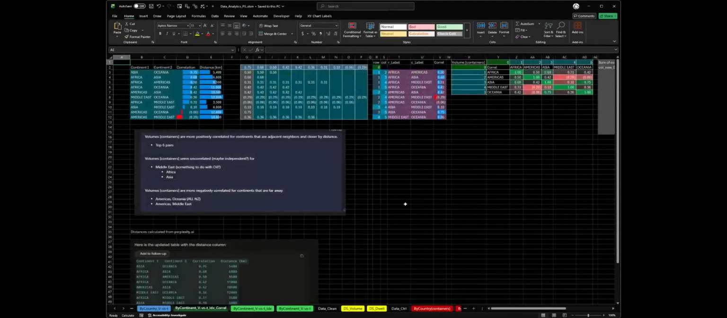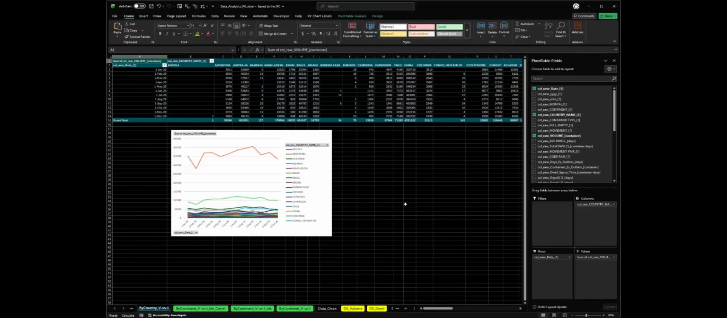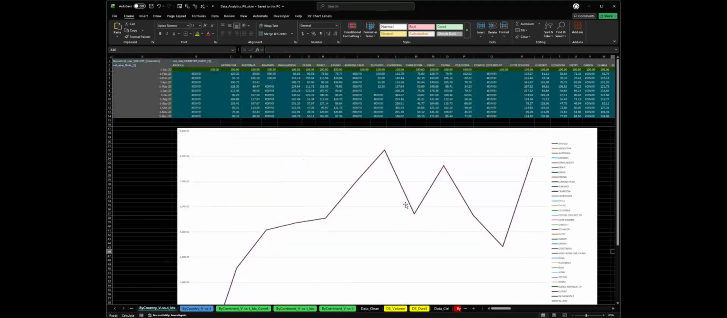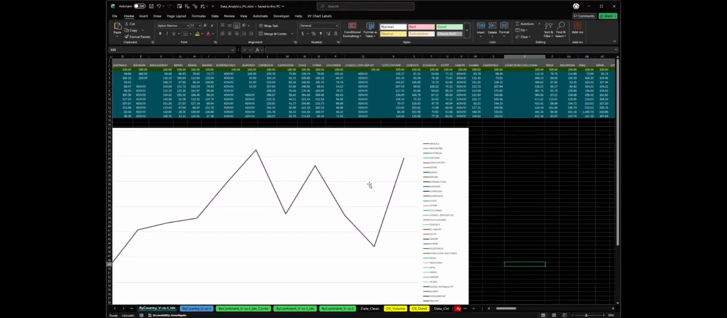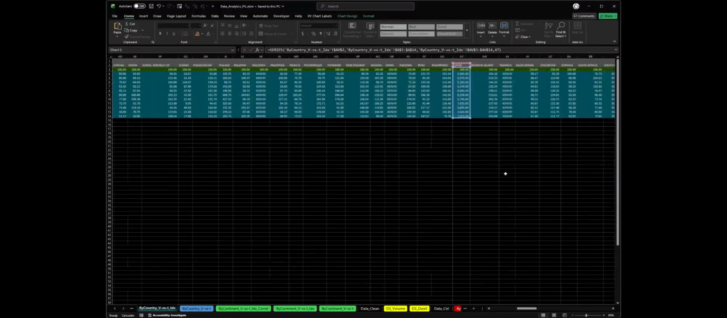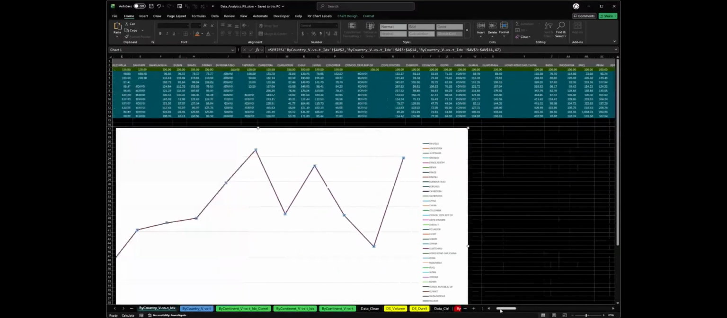Then we saw that as the continents are closer, they are more correlated, the change in volumes. So now we split the continents up into countries, and we do the same thing. So by countries, we have the time series, and we index it to look at the changes over time. There's a big one here for a particular country, which is Qatar, because I think there was a big jump at the start of the year,